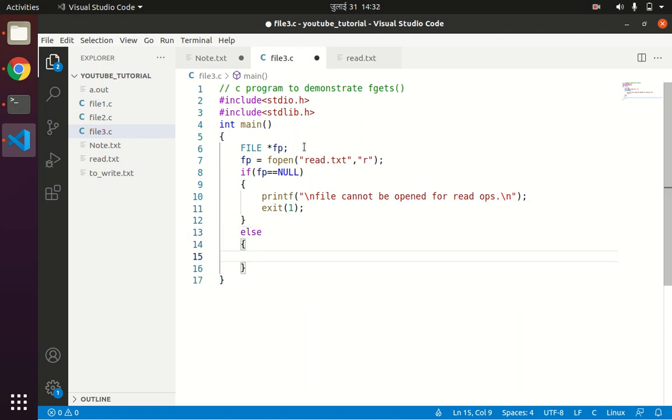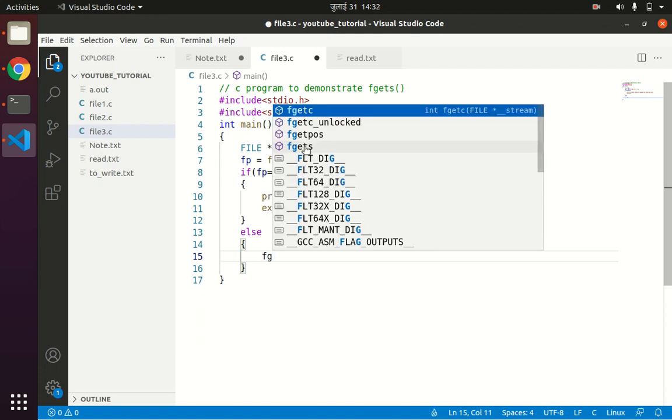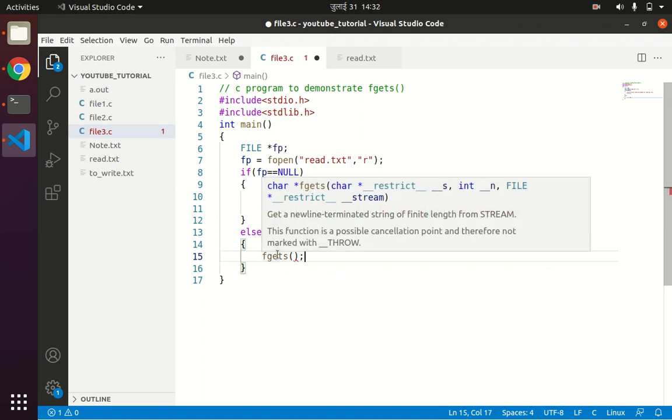Now, how does the fgets function work? It gets a newline terminated string of finite length from the given file.